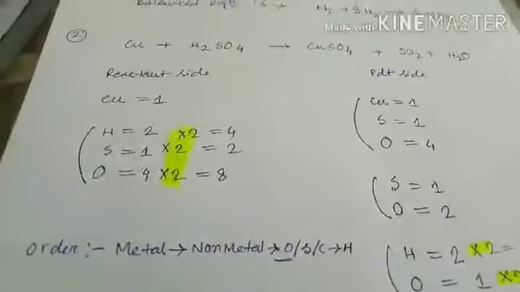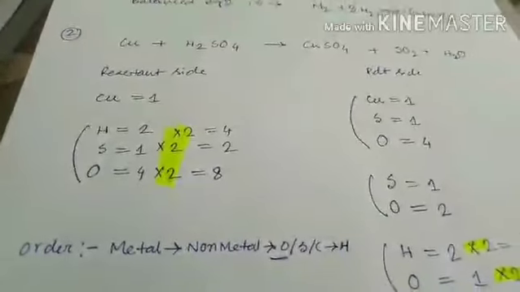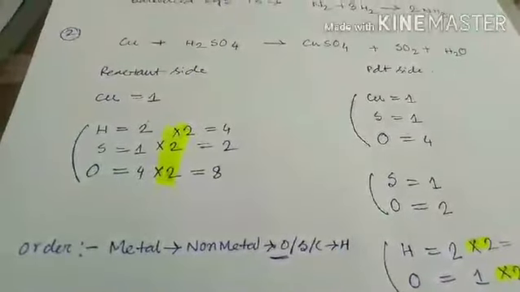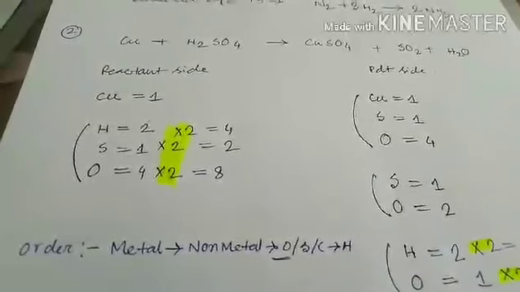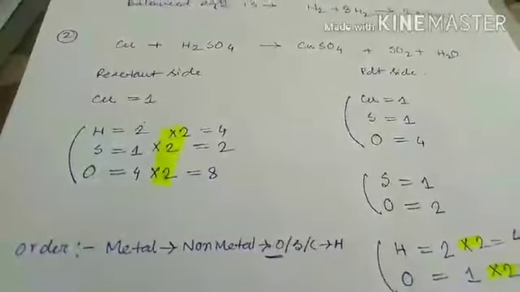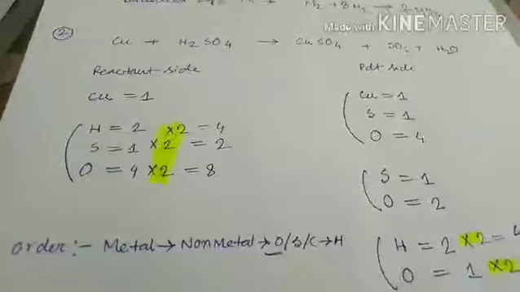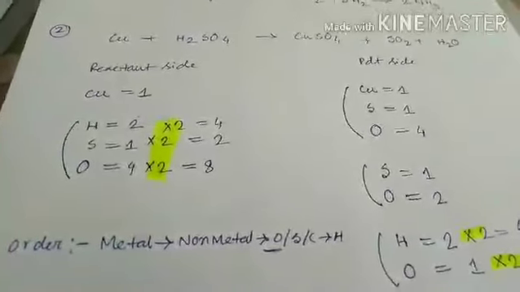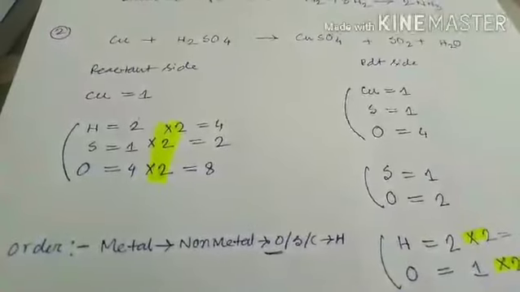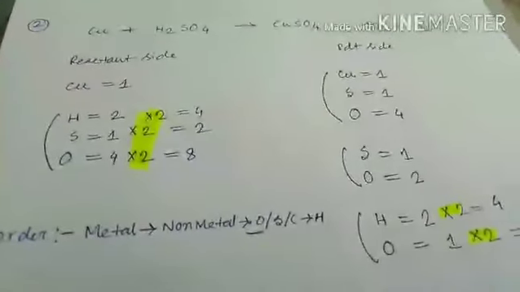So the sequence to balance the equation is, we have to first balance the equation from the metal, then non-metal, then oxygen, sulfur or carbon, then hydrogen. This is non-metal, that is oxygen, sulfur and carbon. Okay,